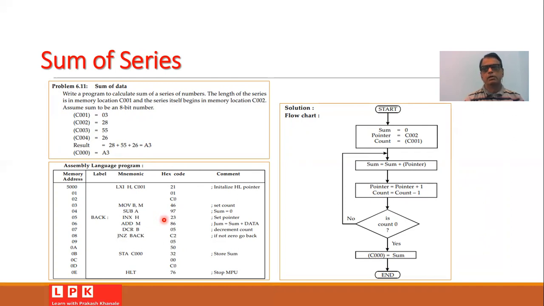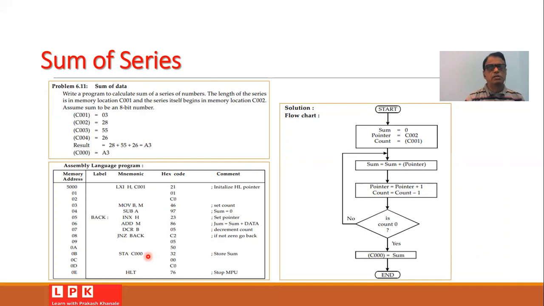We will increment the HL pair, that is, we will mark the next memory location. Then we will add the first number into the sum. We will decrement B and check if the value of B is equal to 0. If it is not, we will go back. And if it is 0, then whatever is the content of the accumulator, that is the result,